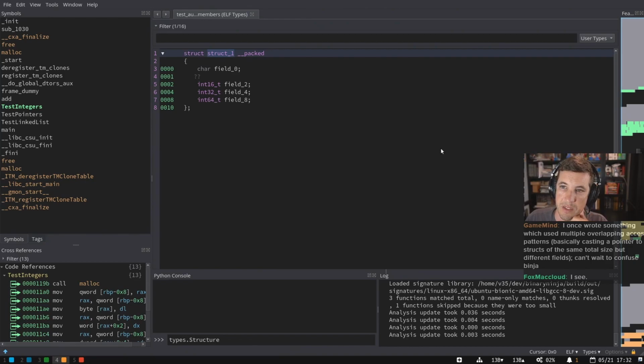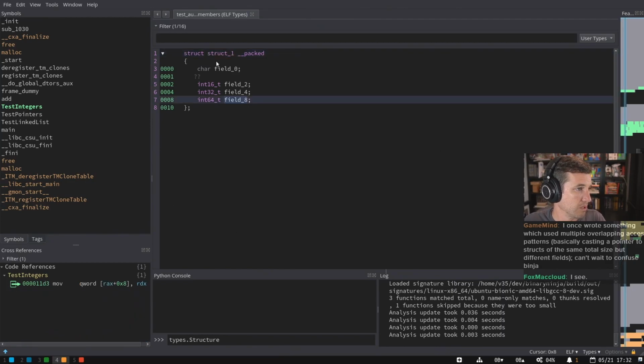I got you, Piston. I don't actually know about setting a default padding. That's a good question for one of the other Vector 35 people. How can you set the default padding for a structure? Maybe that's part of the spec and it's based on the architecture bit width, or maybe it's just compiler chosen. You may actually know better than I do, but like I said, I'm not sure about that.